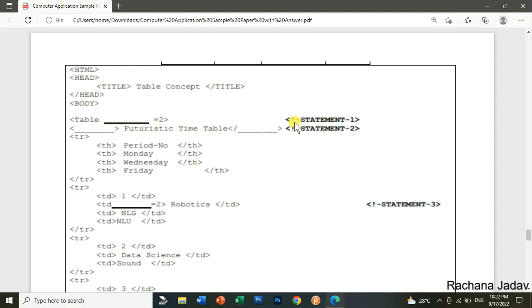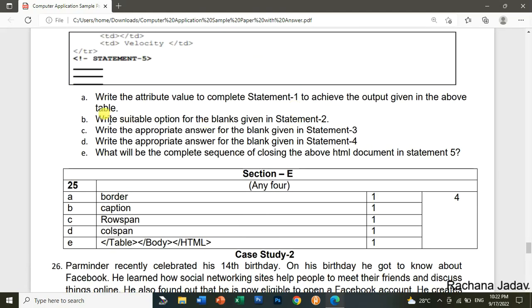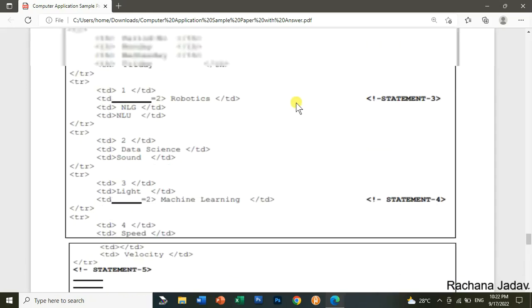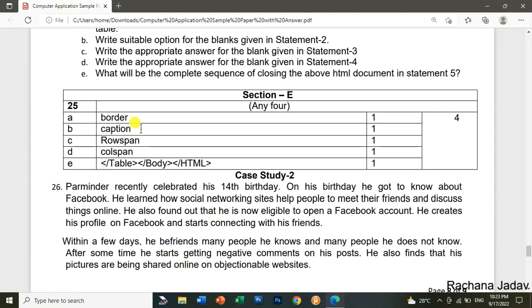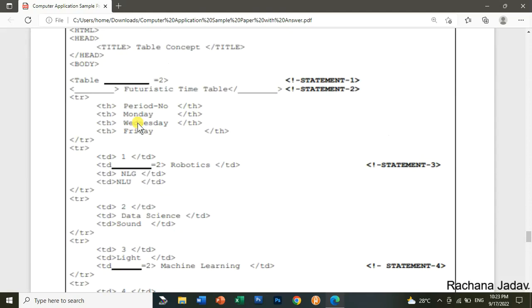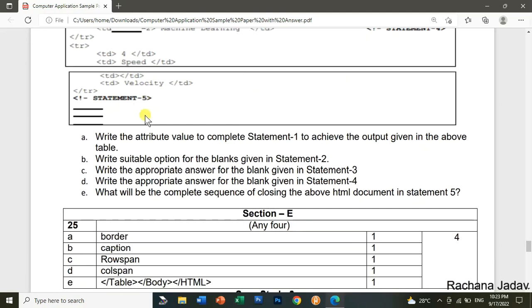ओके, तो ये फिल करने के लिए आंसर्स यहाँ दिया हुआ है, देखो, write the attribute value to complete the statement 1। तो स्टेटमेंट 1 को कंप्लीट करने के लिए आपको क्या देना है इधर, राइट, so what is the answer, that is border। ओके, तो बॉर्डर देंगे तो टेबल बन जाएगा। नेक्स्ट इज आफ्टर दैट, यहाँ ओपनिंग और क्लोजिंग दोनों टैग आपको देने हैं, लेकिन किसके देने हैं, so here write the suitable option for the blanks given in the statement 2।